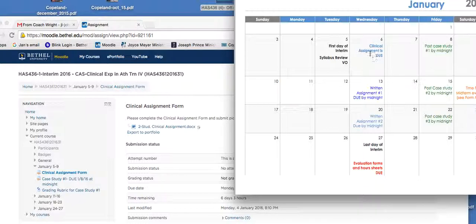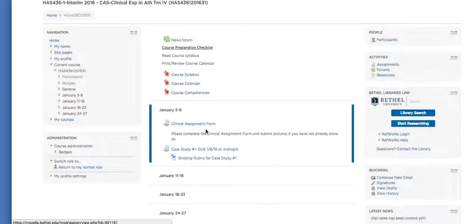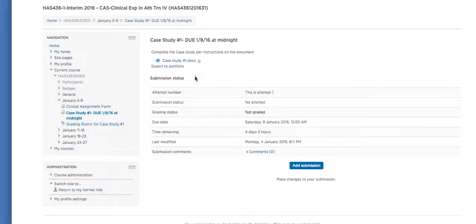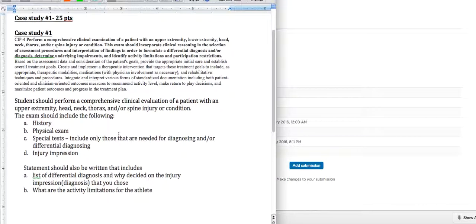And then the next thing on the calendar that's due is a case study that's due on Friday at midnight. So if you go into Moodle and you scroll down here for the case study, click on that, and then that document has the explanation of what this case study is. It's worth 25 points. The area here is the competency out of the BOC competency guides that we have to provide, but the bolded part is what we're going to focus on in